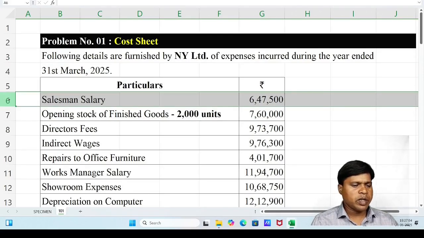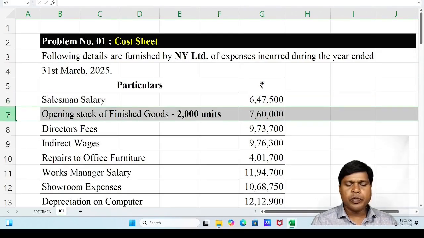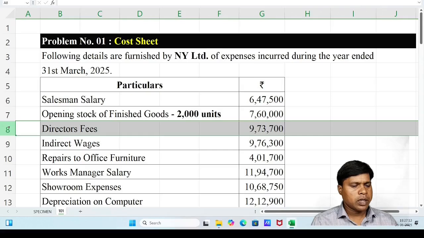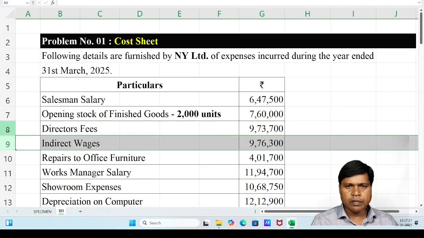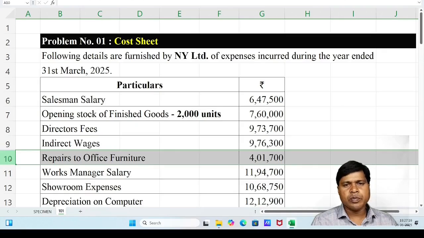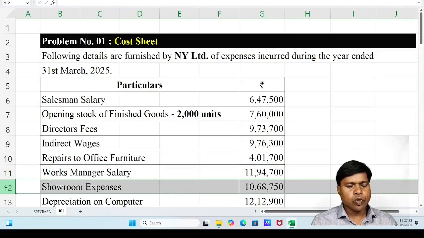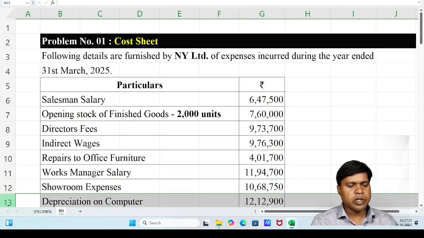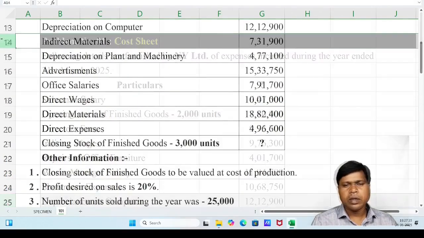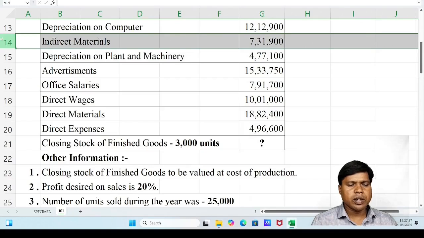First cost element, salesman salary, opening stock of finished goods, there are 2000 units produced in last year. Director fees, indirect wages, repairs to office furniture, works manager salary, showroom expenses, depreciation on computer, then indirect materials, depreciation on plant